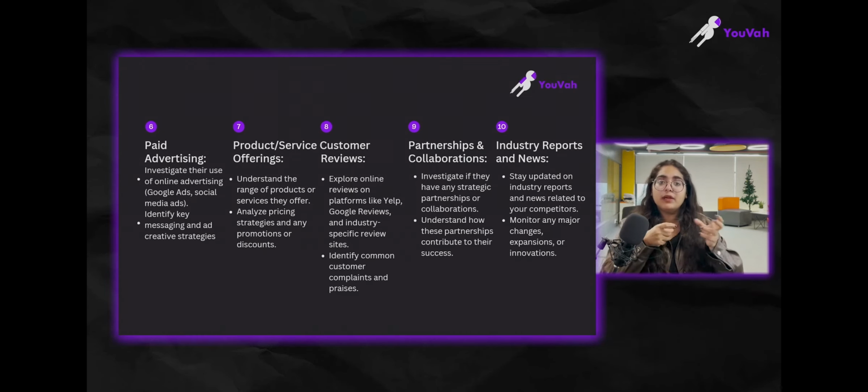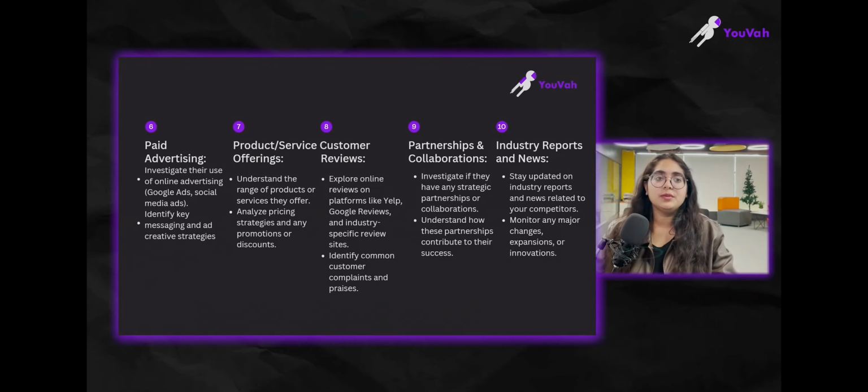See if you can figure out a gap between the two, because usually if you have to figure out a gap in the market or a gap in the product of your competitors, what you can do from your side is go on Google reviews and see what exactly they're targeting and what they're not targeting. So let's say you went to a restaurant or a hotel and people talked about it not being hygienic. So you know that this is not a hygienic place to go to. So in your USP, you will highlight that this is a hygienic product. So in this particular case, you are actually bridging that gap.